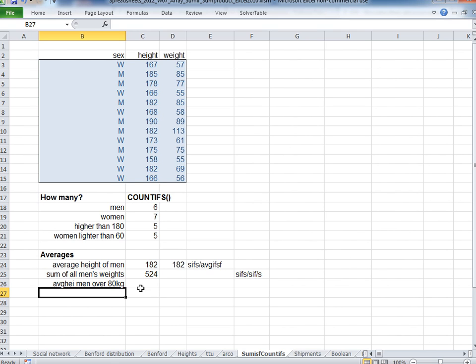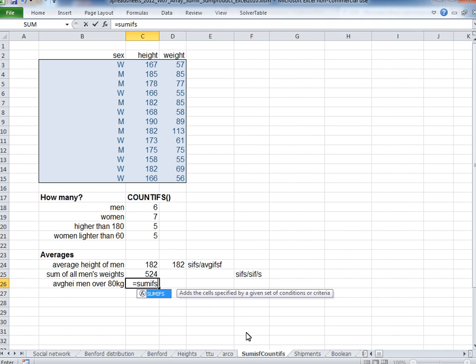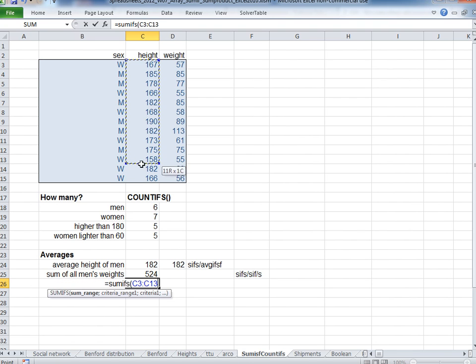Okay, so let's start writing it. Equals SUMIFS, parentheses. We want the average height, so we sum all the heights together and then divide it by COUNTIFS and get the average height. So we're summing at the beginning. We're summing all the heights. So sum range is height. Okay. Semicolon. Now our criteria, what we're checking is whether it's a man. So it's sex,